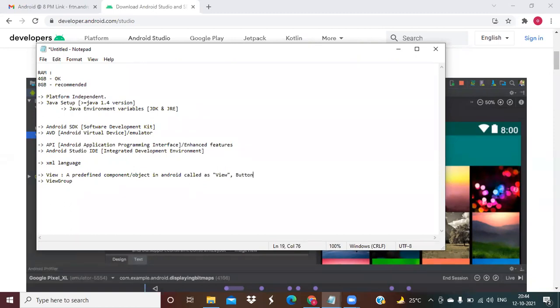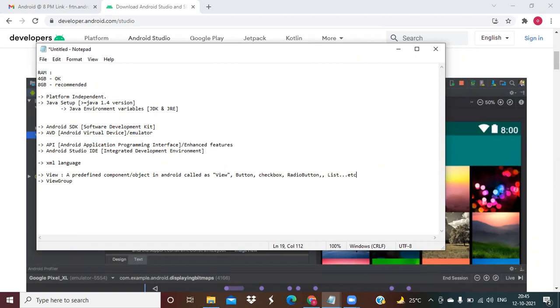Button, checkbox, radio button, list, whatnot. Everything in our Android we can call a view. You may get some idea: a button on your screen is a view.